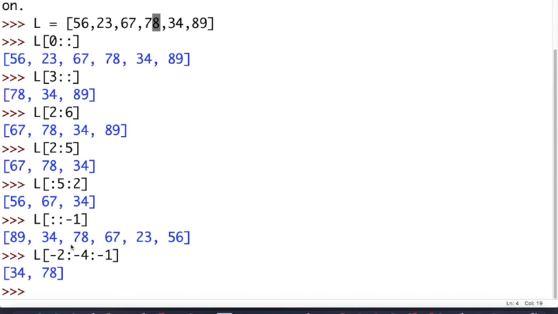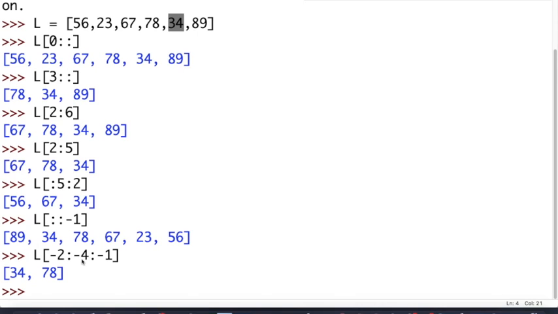Now let us find out. Starting index is -2. So let us find out which element is situated at index -2. So 89 has -1, and then 34 has -2. So our starting point is 34, right? And now from there we have to go up to -4. But remember that when we have a negative jump, we have to go up to end plus 1, the index number end plus 1.